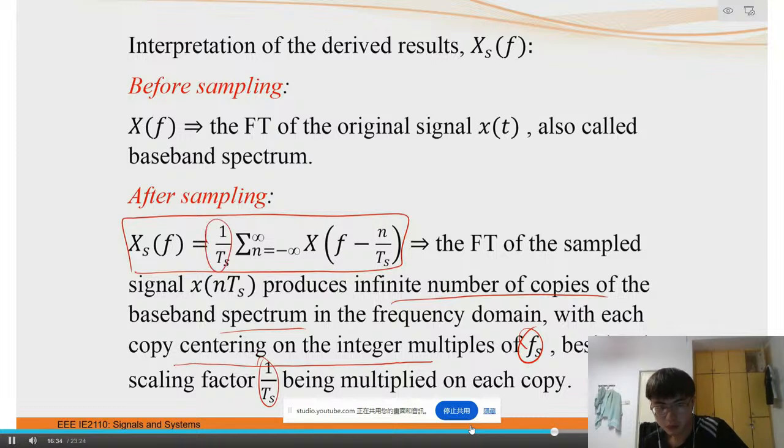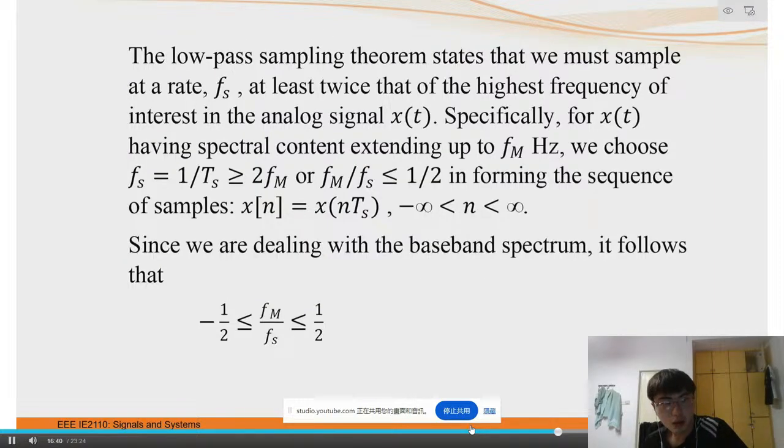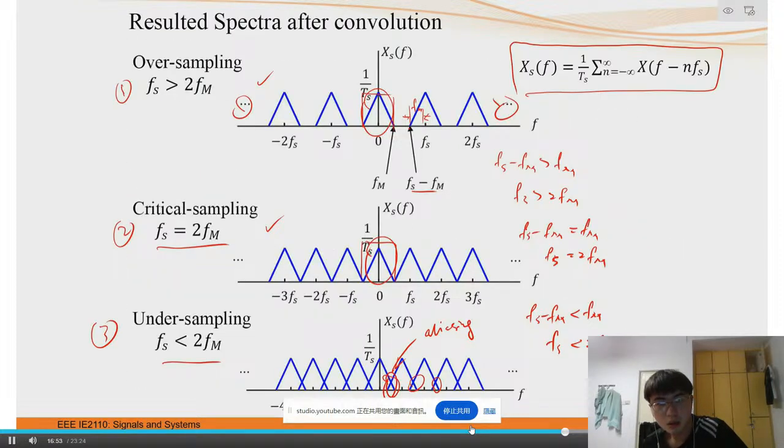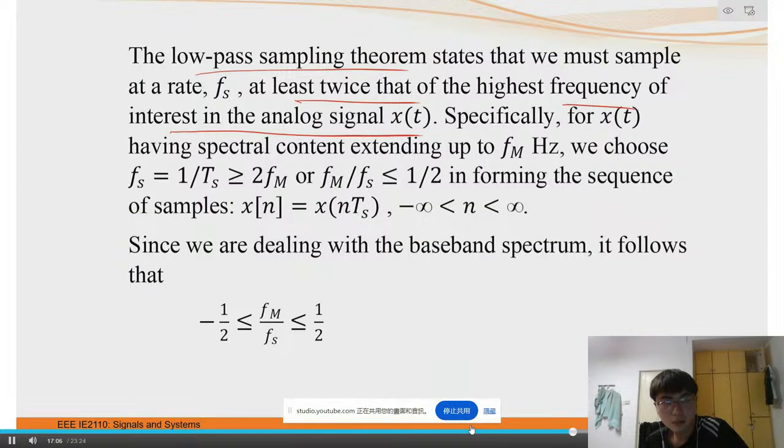Okay. So therefore, the low pass sampling theorem states that we must sample at a rate at least 2 times the highest frequency content of the analog signal. So we must sample at least equal to 2Fm or greater than 2Fm, so that the spectrum here will not be overlapping, right? And the highest frequency content is actually the Fm here. So the condition is that the sampling frequency must be greater or equal to 2Fm. Or you can rearrange this, meaning Fm divided by the sampling frequency must be less than or equal to 0.5,